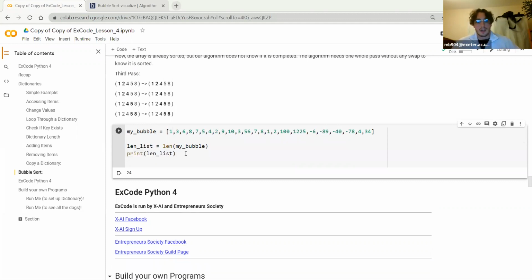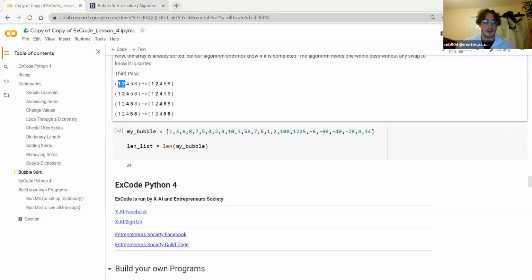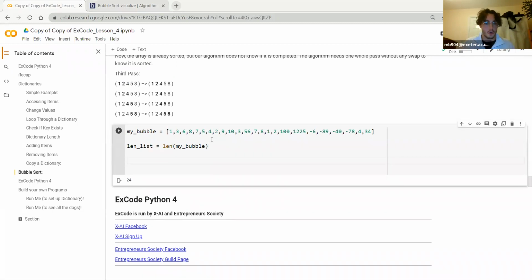24. Okay, now as the steps showed, what we're doing is simply comparing the first two, the second two, the third two, and the fourth two, and we're swapping them if the first number is bigger than the second number, and if it's not, then we just leave it the same. So basically going through every single number and just doing that until you reach the end. So we're going to use for loops for this. I'm going to use X and Y for my for loops, just to make it easier. So for X in